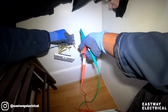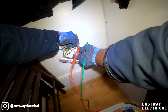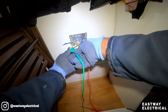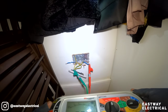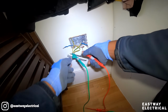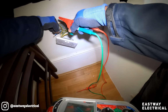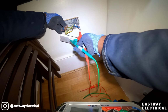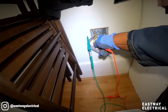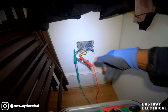So I'm thinking, let's say this one goes back to the fuse board. I'm thinking that one goes back to the fuse board, then I should have a dead short. Yep, dead short. Now this one should be clear. And if that's the case, yep, that's clear. So if that's the case,